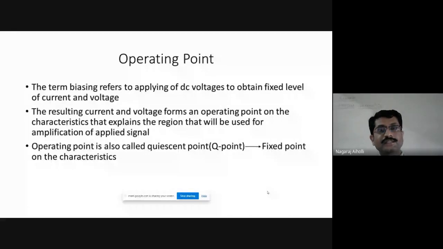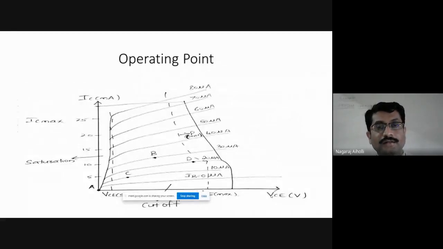This is the characteristic curve that is obtained as a graph of current versus voltage, that is collector current versus collector to emitter voltage, IC versus VCE. When we plot the graph of IC versus VCE for different values of base current, as you can see here students, this is IB equal to 0 microampere, then this is for IB equal to 10 microampere, and so on up till IB equal to 80 microampere.